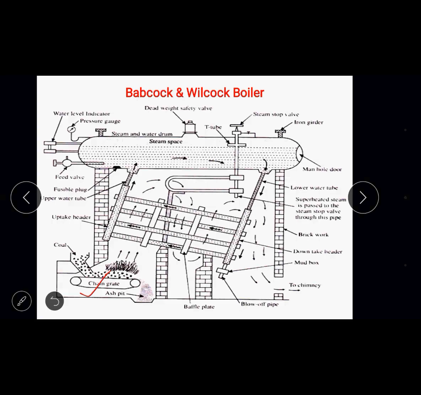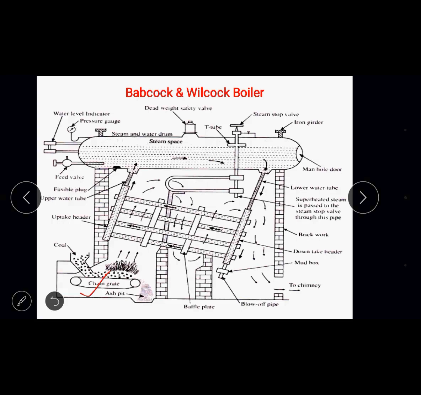And then, since it's a huge and robust type of boiler, it comes under horizontal type of boiler. So we can define this Babcock and Wilcox boiler based on those 4 parameters of classification. The Babcock and Wilcox boilers are water tube boilers, externally fired boilers, natural circulation of water type of boiler, and horizontal type of boiler. So coming to the construction details.